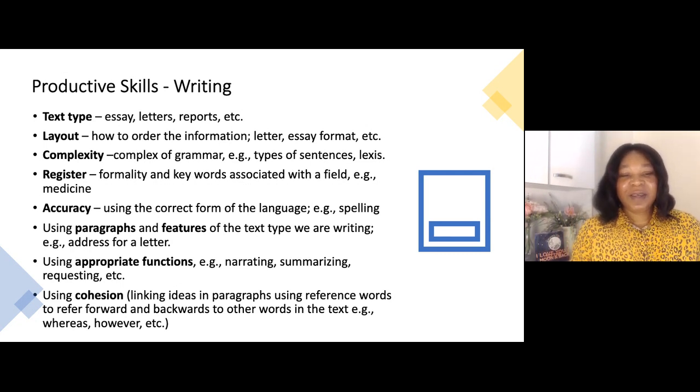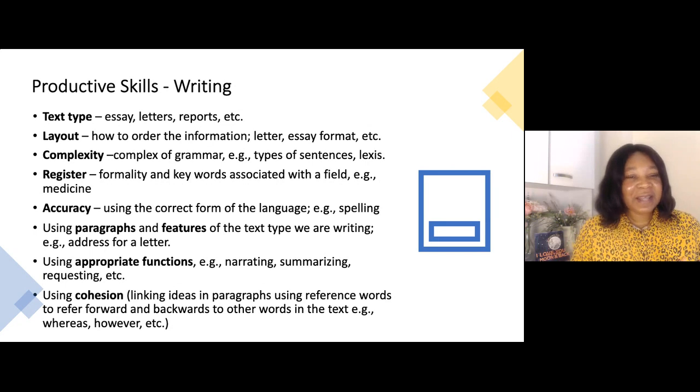Okay, so using cohesive devices or cohesion, what about the sentences? How do we link the sentences together? Is it smooth the way we spoke? Linking simple sentences together to make complex sentences or clauses or phrases together. Is it smooth? Did we use the correct linkers? You know, there are different types of cohesive devices, not just conjunctions. You have linkers. You can use as a matter of fact, however, whereas, as, but, and,